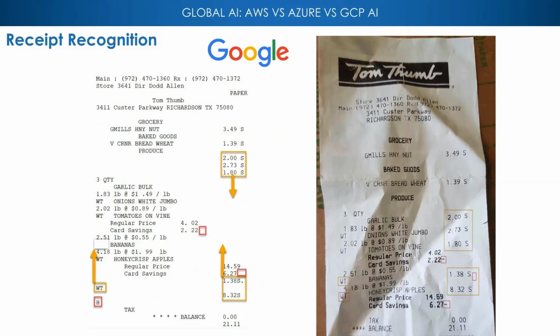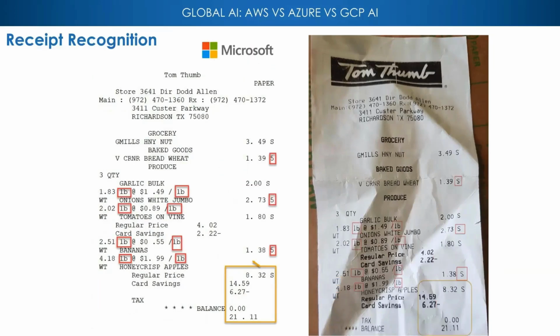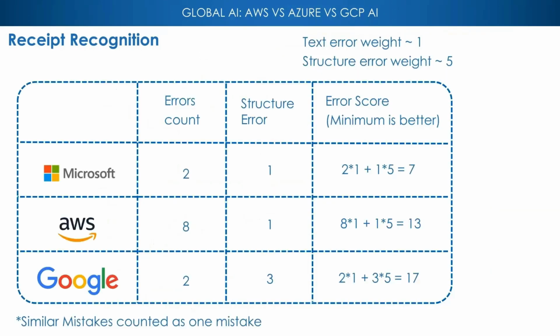So Google, surprisingly, I don't know why, but Google receipt recognition misses the structure quite a bit. And that is definitely a big downside, because structure, as I mentioned earlier, is very, very important in any application whatsoever. And then Microsoft, in this case, definitely has that one structural issue, but it's very minimal. It's almost like it's one line below. As you can see, it's not that bad. And then, of course, 1B and LB, for some reason, same exact issue.